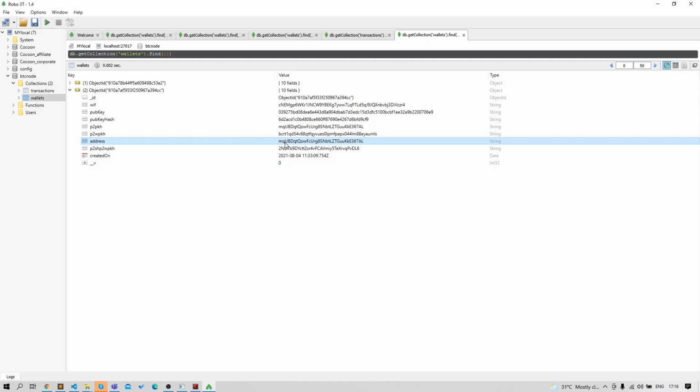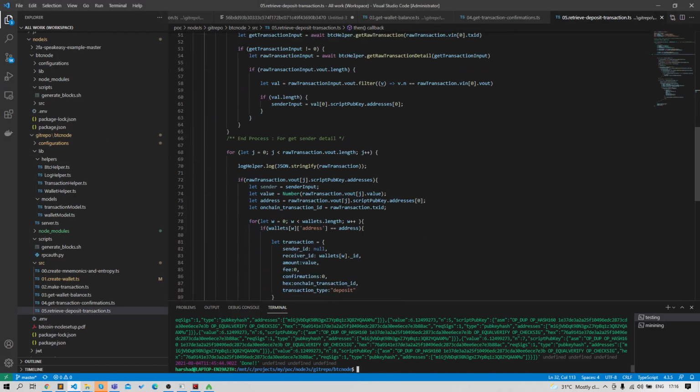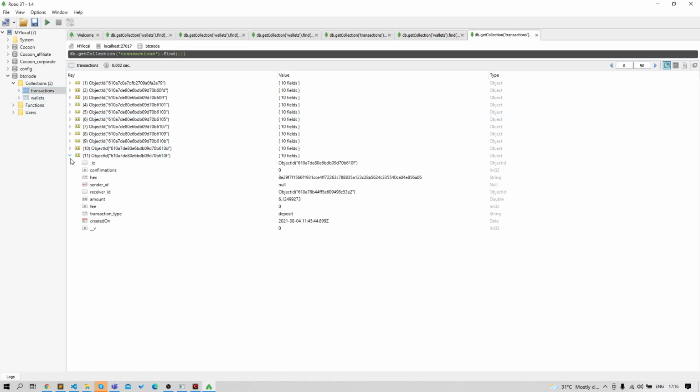If we want to find any transaction in the blockchain where this address is inside the output of the transaction, then we need this kind of script in our system. So here you see the multiple entries. So this is the transaction we have fetched as a deposit for this receiving wallet.